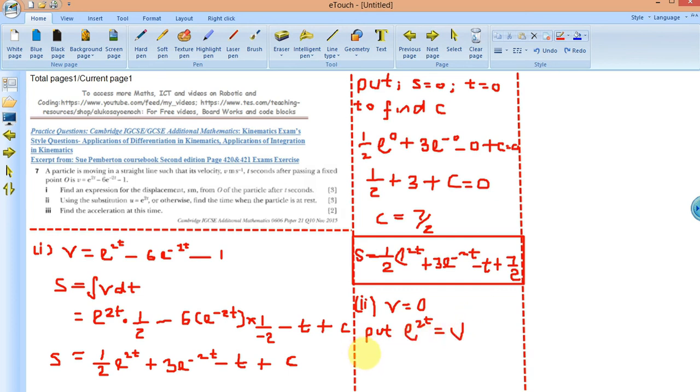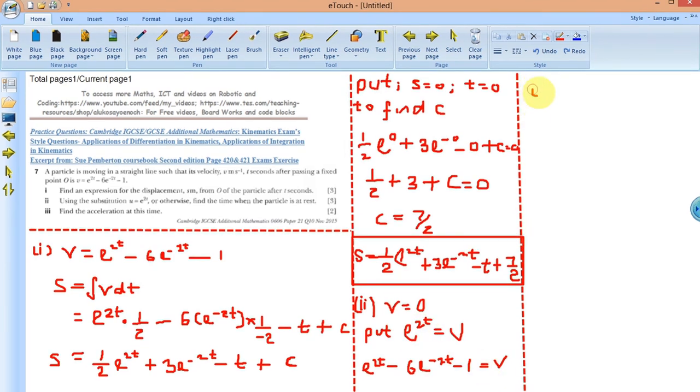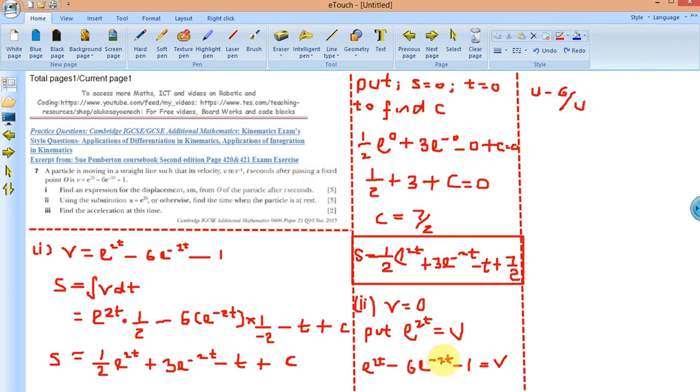So what do you have now? Let me just write this, then I will write it. So exponential 2t minus 6 exponential minus 2t, minus 1 equals to 0, because that is the velocity, technically. So when velocity equals 0, anywhere we see exponential 2t, we should put u. So I have u minus 6, u inverse means 1 over u, so that's 6 over u, because this is u raised to minus 1, so minus 1